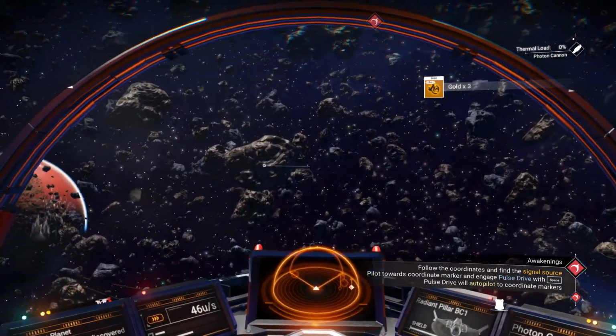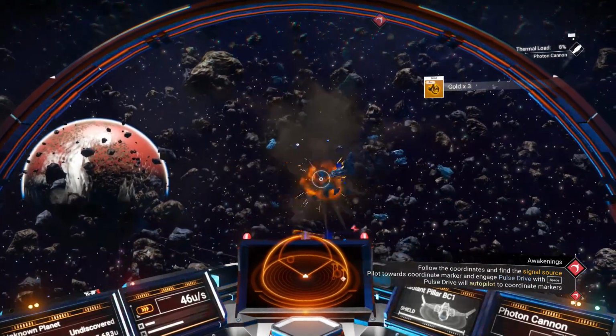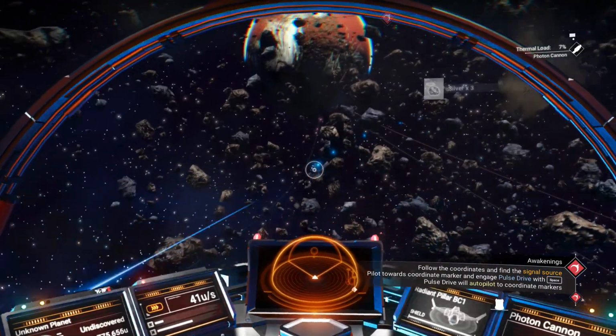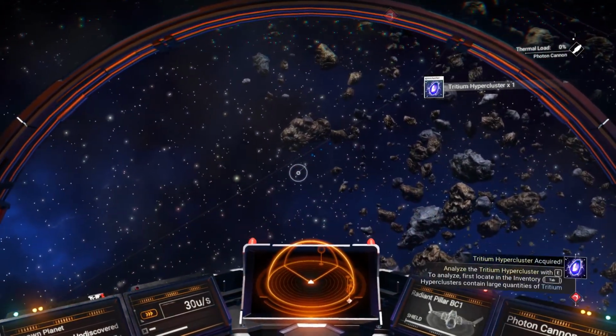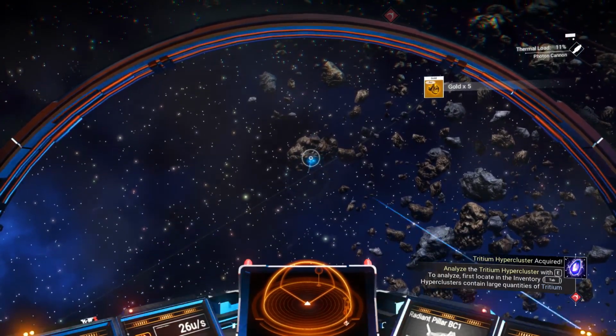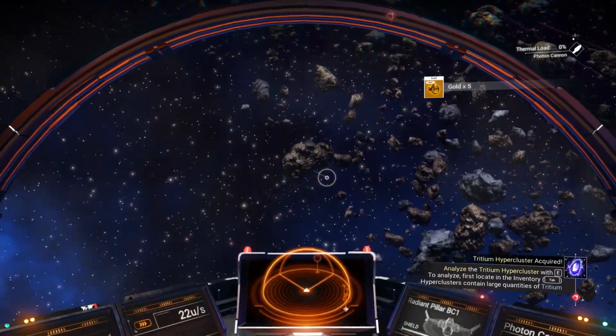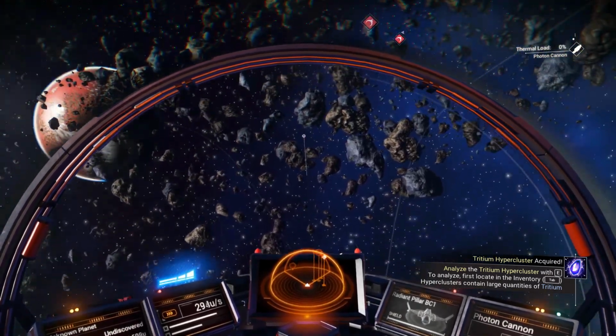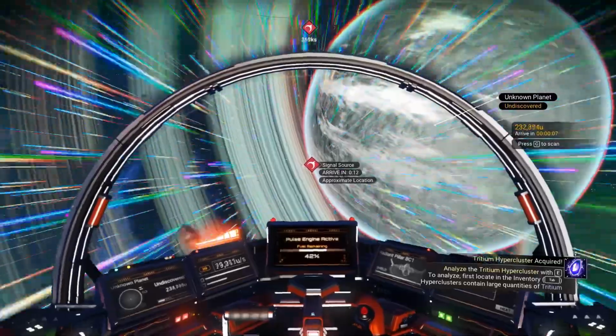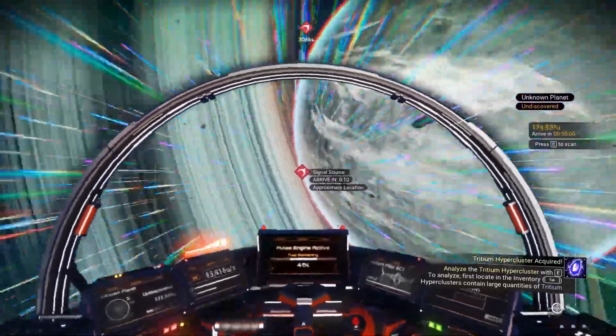So there's gold, and you are likely to get a lot of random items as you blast the rocks. So you'll get tritium hyperclusters, in fact we just got one there, as well as gold, platinum, silver, and also gold nuggets. Now gold nuggets can have a random amount of gold in them when you process them, but again, spend some time in there, blast a load of rocks,